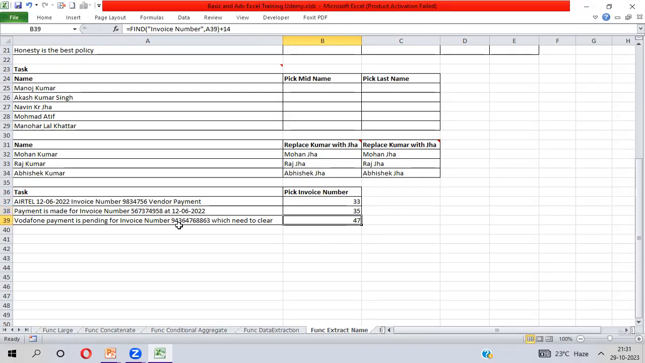This 47 is the position of this blank. So this many characters you have to remove, from the first character to the blank position. Okay. So how can we do it? You need to write here